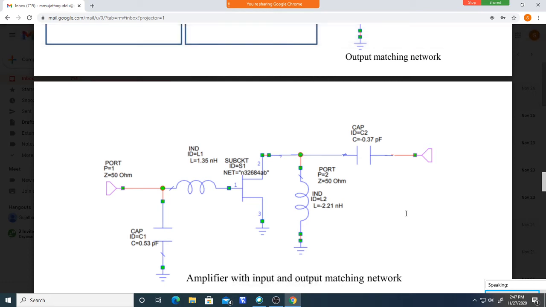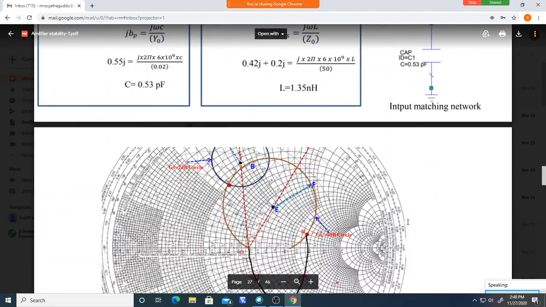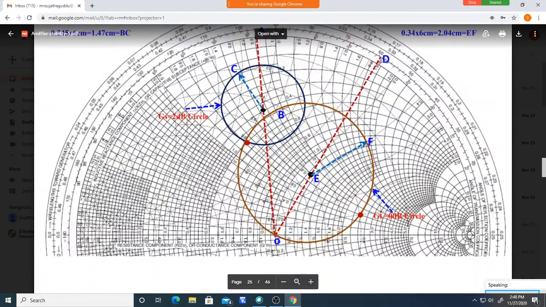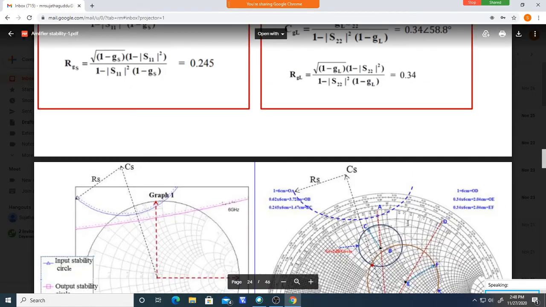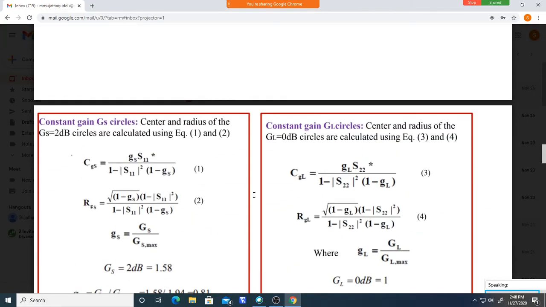Really, this carries 12 to 15 marks, one problem, because if it is conditionally stable, you should draw the stability circles. That is the one question here. Okay, in this problem all possibilities appeared here. First is unilateral. You have to check unilateral. Okay, unilateral figure of merit you should find first. Next stability you have to find. Again we came to know for this problem it is conditionally stable.